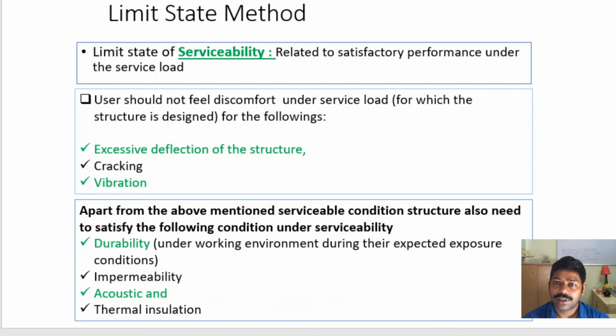And while constructing the floor near the bathroom, you should also take care of the water flow and all these things. If there is stagnant water on the floor of the bathroom or washroom, there will be a high chance that the water will go down. There will be a passage through the concrete for the water, and water will come down from the top surface to the bottom surface. That also needs to be taken care of.